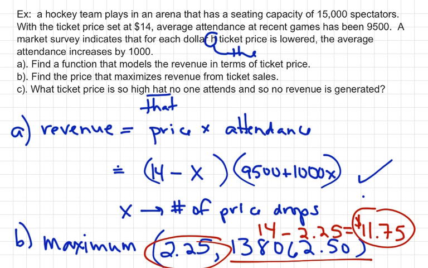Now the last problem says what ticket price is so high that no one attends and no revenue is generated. Well, that we want to find the x-intercepts. So let's use our graphing calculator to find that. There are going to be two x-intercepts, and one of them is over here at negative 9.5. And then the other one is, let's see, I'm going to figure this out real fast. Other one,